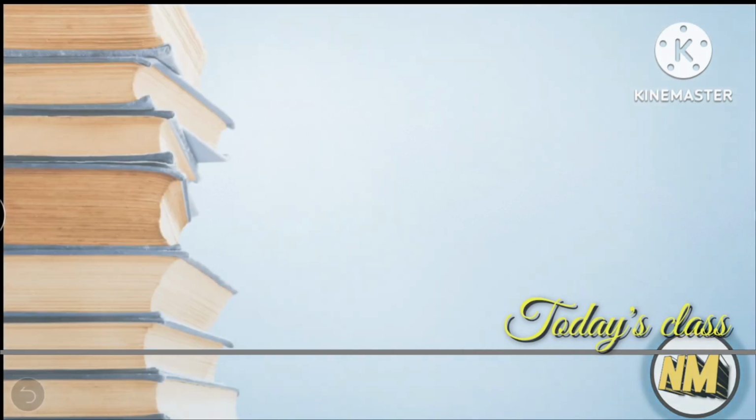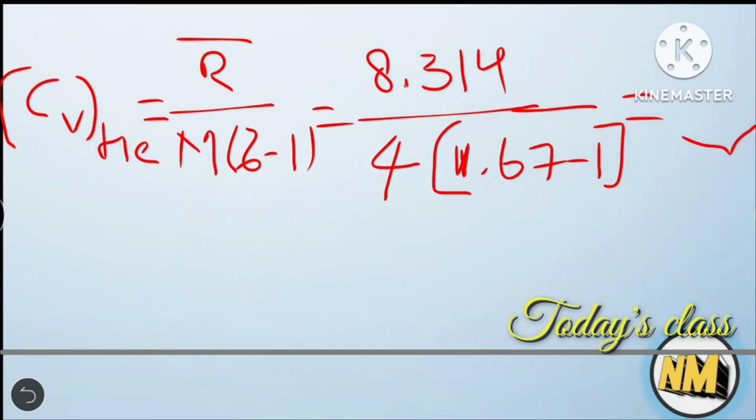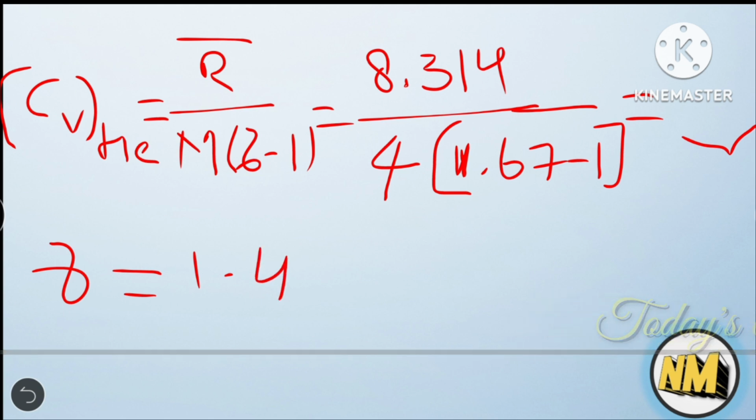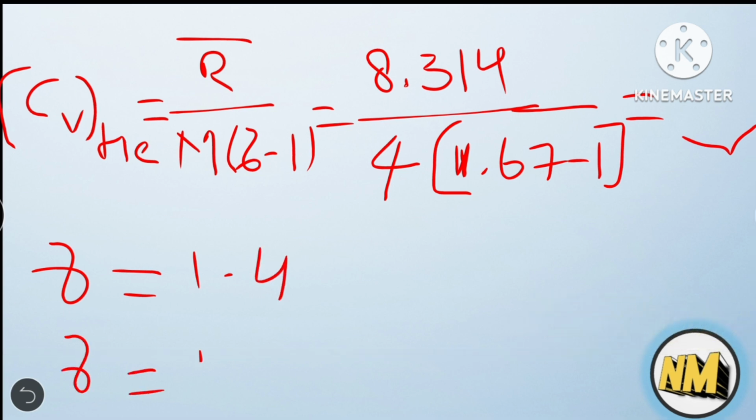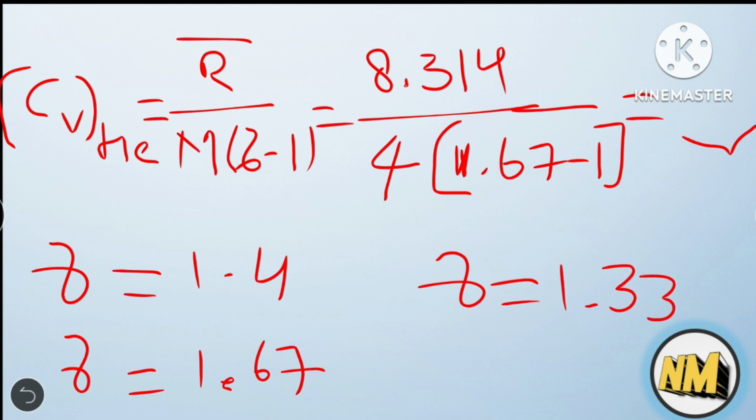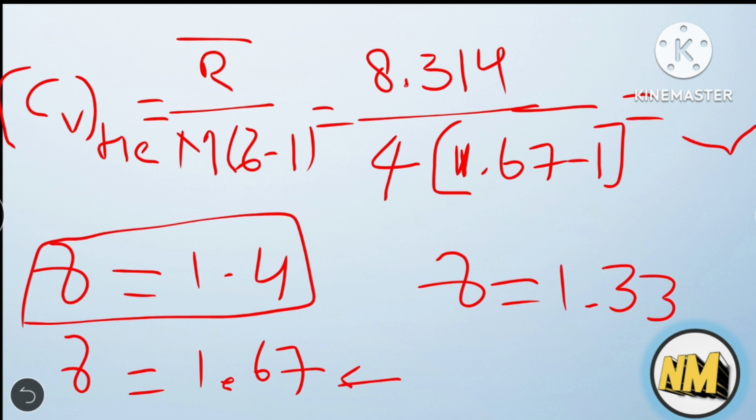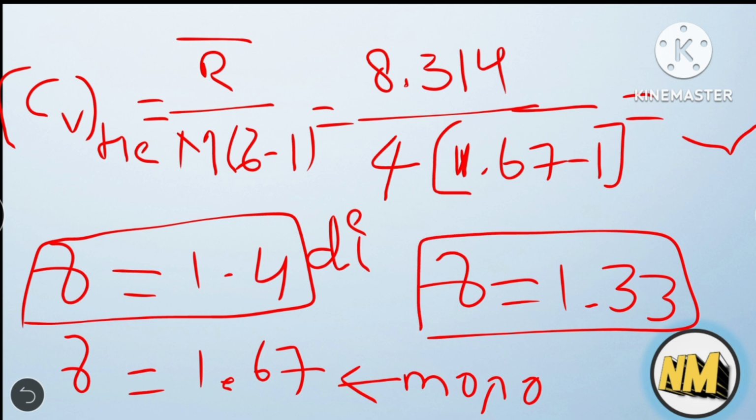Here I want to explain one thing: gamma has three values. One is gamma equal to 1.4, another is gamma equal to 1.67, and another one is gamma equal to 1.33. Gamma equal to 1.4 is for diatomic gases, gamma equal to 1.67 is for monoatomic gases, and gamma equal to 1.33 is for triatomic